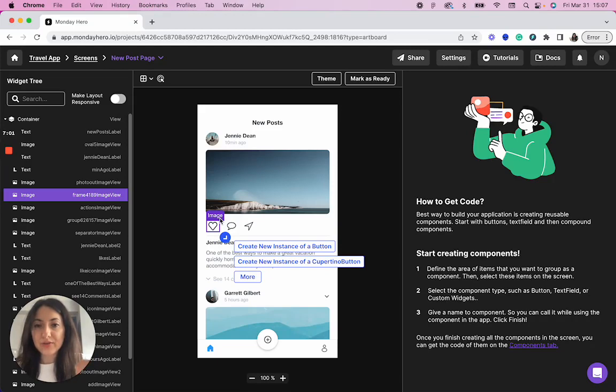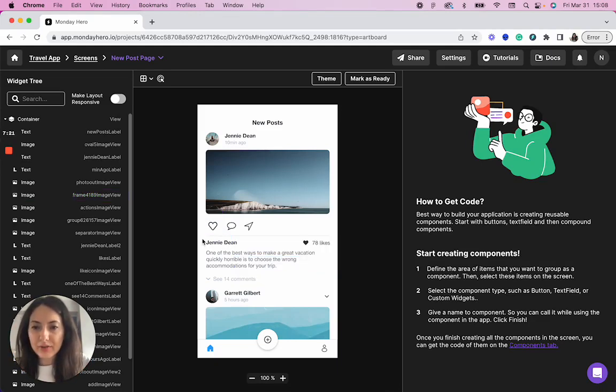So once you first open, you won't have any buttons, text fields, or any other custom widgets. You need to create them by yourself because Monday Hero is like an assistant to help you in the development. So you can quickly